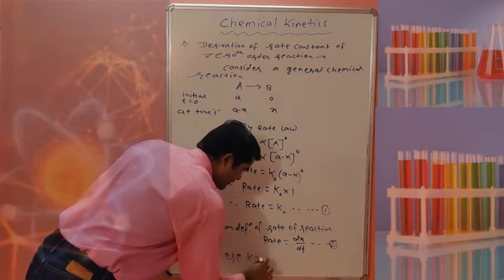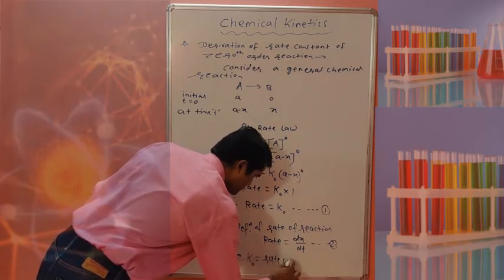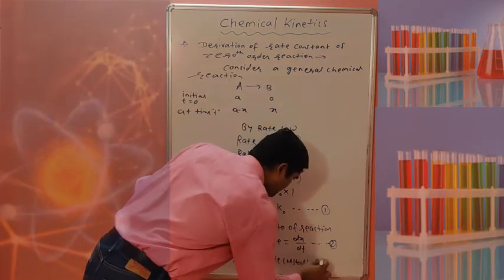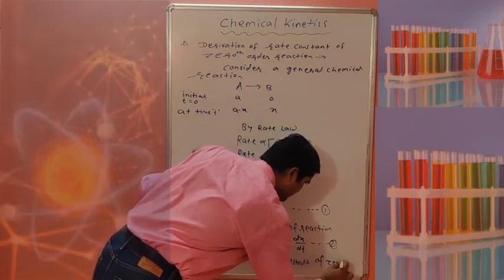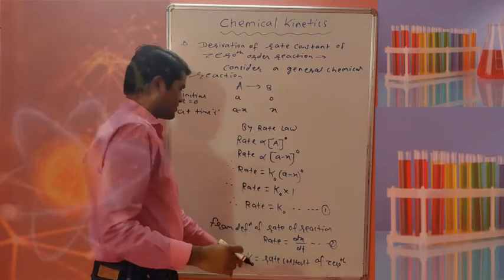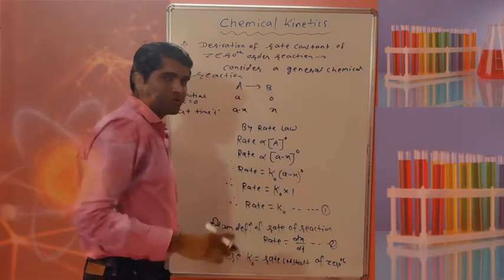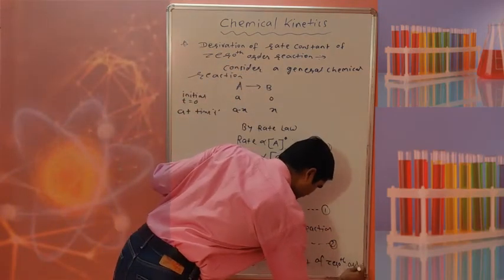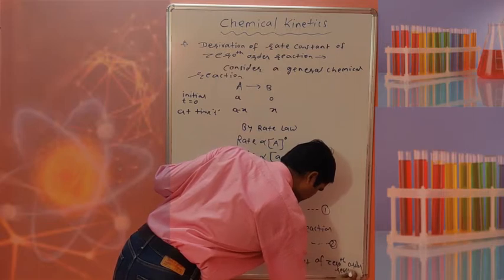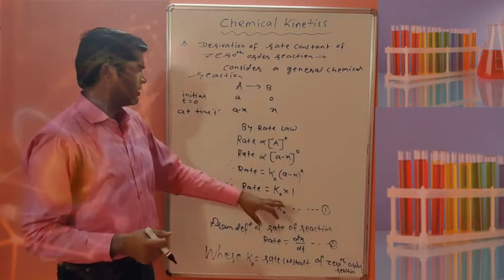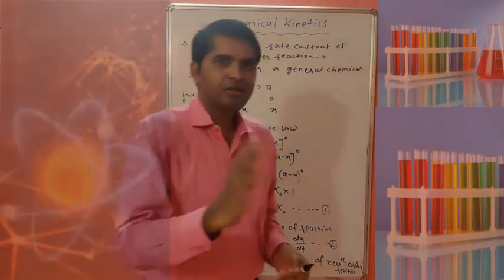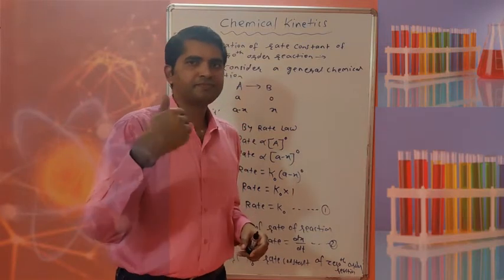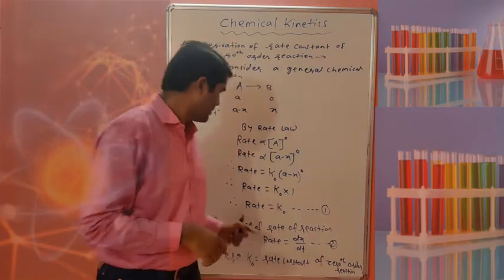Note down here, K0 is the rate constant or velocity constant or specific reaction rate of a zeroth order reaction, and we have to derive the expression for this K0. That means, in terms of K0, what will be the equation that we have to derive, the rate constant of a zeroth order reaction. Now these two equations, equation 1 and equation 2, are important. First we considered the general chemical reaction, then applied rate law, then applied the definition of rate of reaction, and we get these two equations.